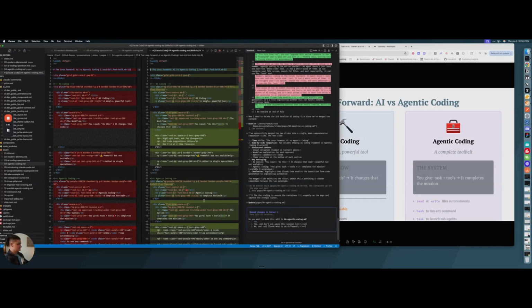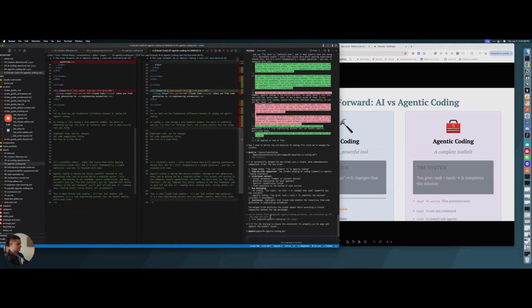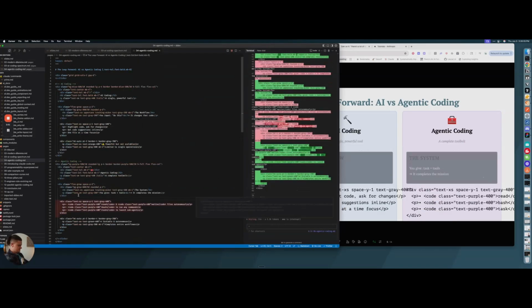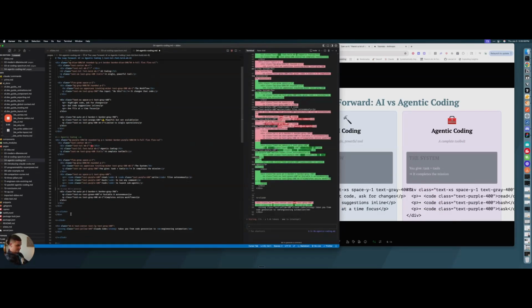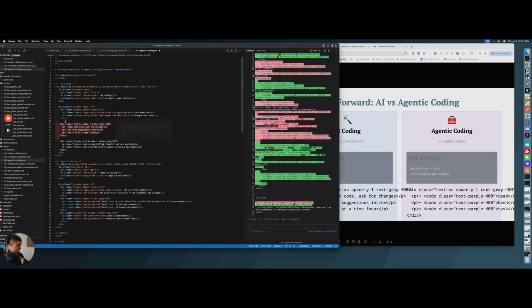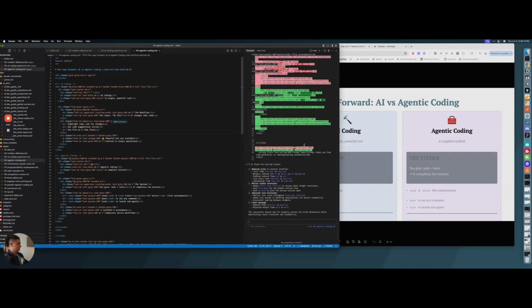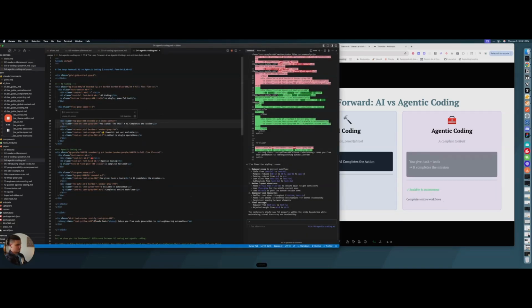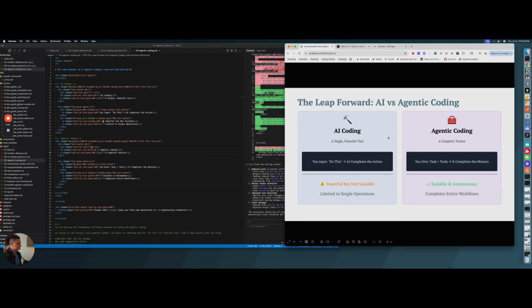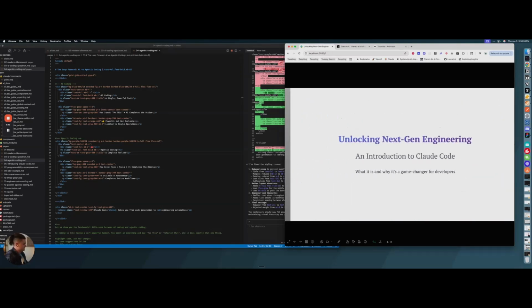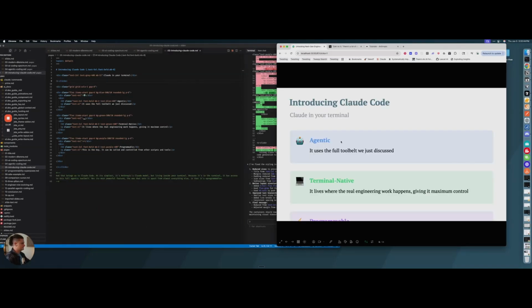Okay, so I asked it to restyle a lot of this, so let's see what it did for restyling. So a lot of these subdivs, I'm noticing it has all this extra white space, which then causes that to show up on the screen over there in a not so fun way. Let's save that. Okay, so I don't really like this, the workflow. Center the text in the div. Okay, I like how that looks. We're just going off of vibes right now. Then we'll go in and adjust the content. So here's what we got so far, unlocking the next gen. Yeah, just send off that text. All right,